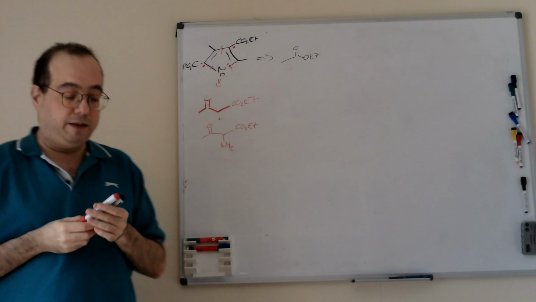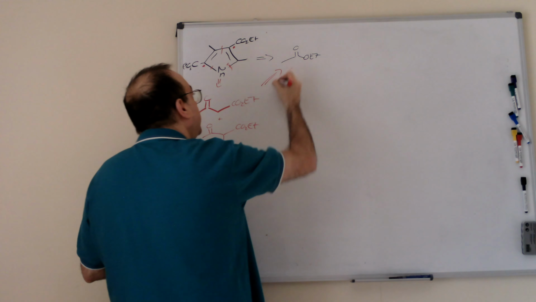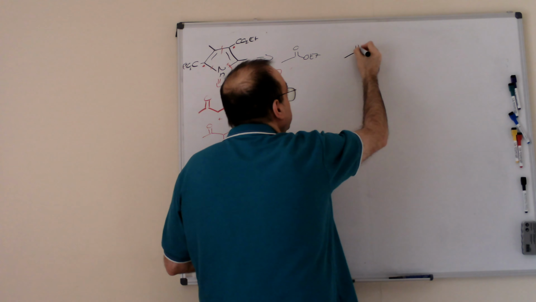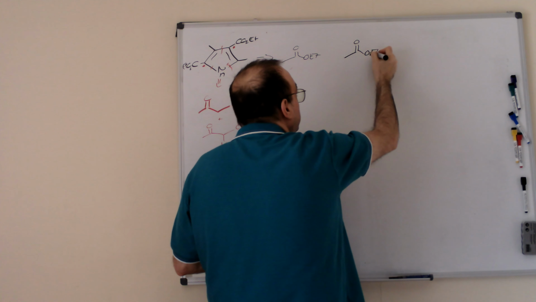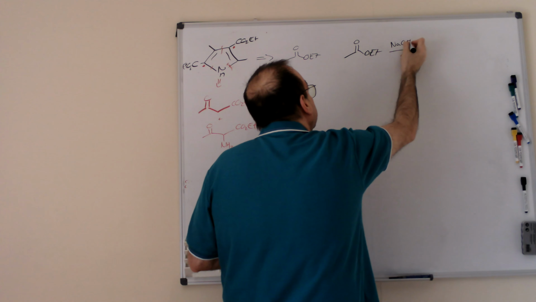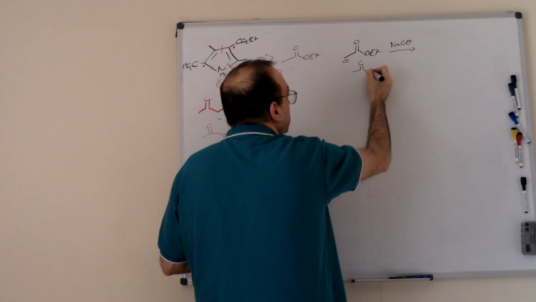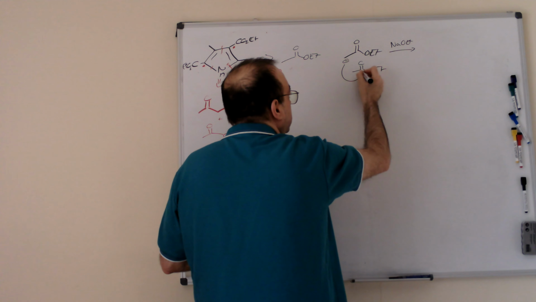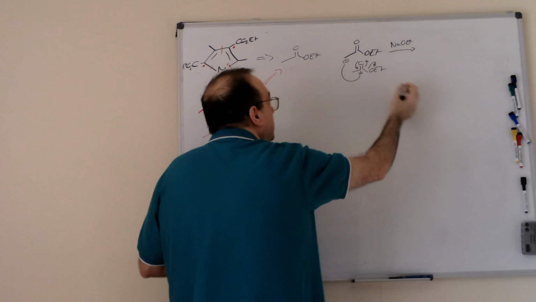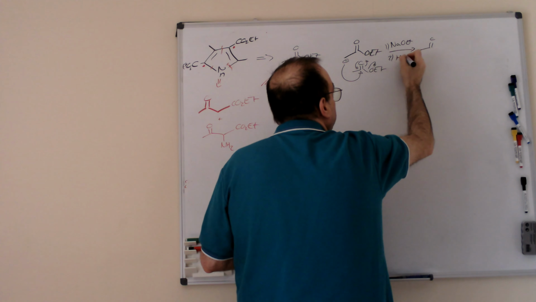How can we synthesize it? Well, this is very easy. From here, basically, what we need to do is a Claisen condensation. We take this compound, we add sodium methoxide, and we form a negative charge here that attacks another molecule of the ester, addition, elimination, and we generate, after HCl,